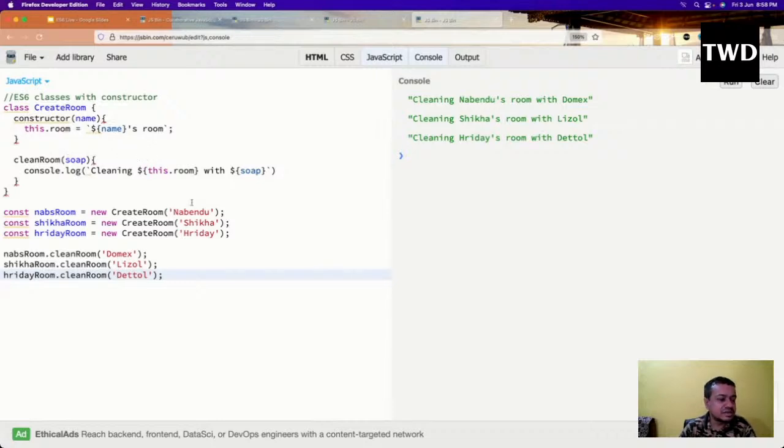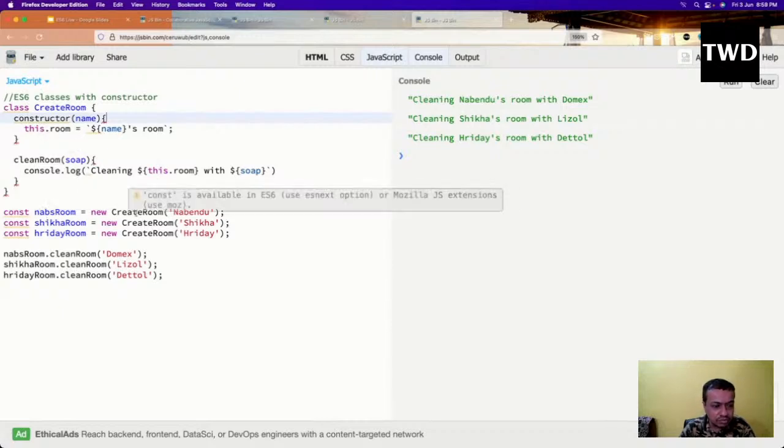So what is happening here: the class is created and this constructor is there, and the constructor has something known as this.room. So what is the this keyword again? This is like a variable, like a var or let, you can understand, but this has access to a lot of other places. Even if I do a var or a let inside the constructor, its scope will not be outside, but when I use this, I can use it here also. And as I've told, whenever I create an object of the class with the new keyword,